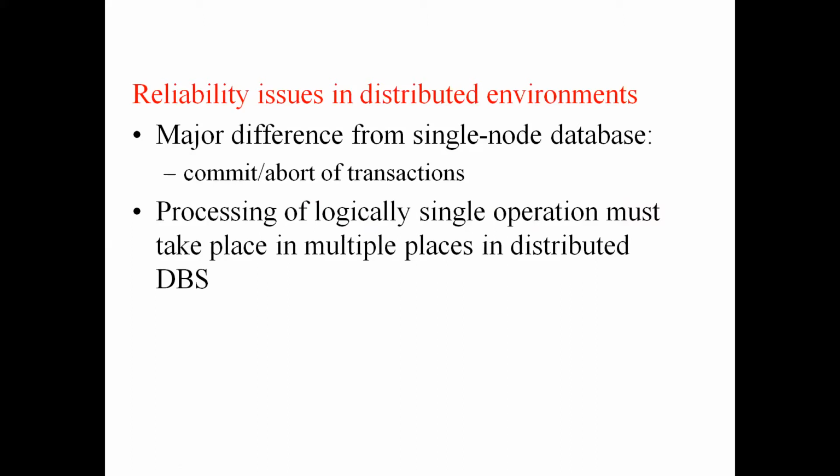Operation 1, operation 2, operation 3, we have 3 operations, they together form a transaction. One of them is taking place at one node, the other 2 are taking place at some other node. So together they are making a distributed transaction. Now at the end of the transaction, you want to do a commit or abort. So who makes the decision whether it should be committed or aborted?